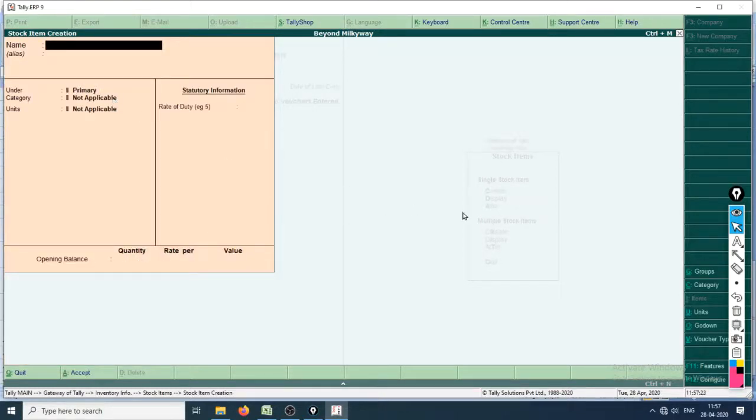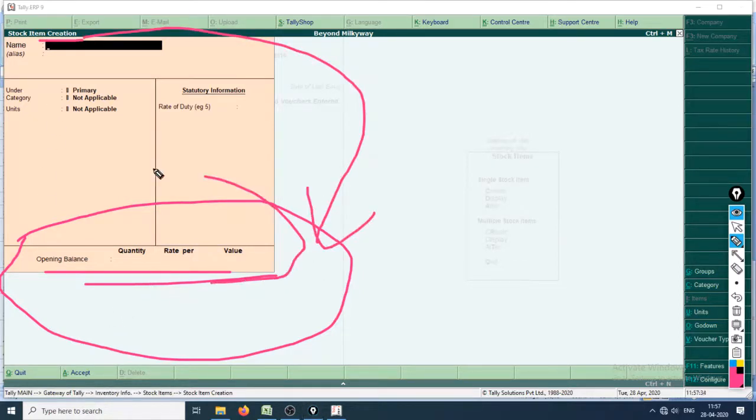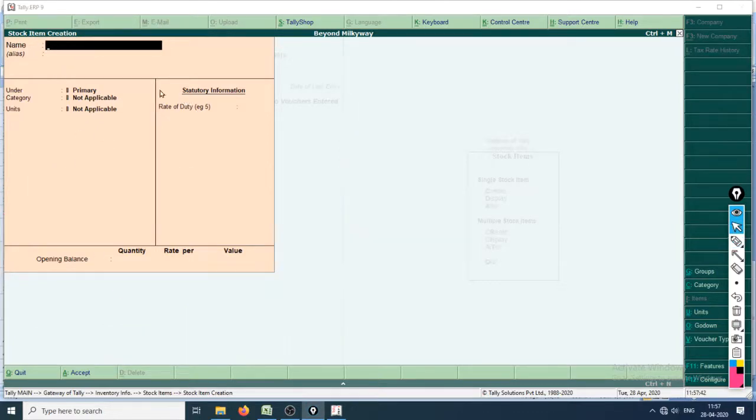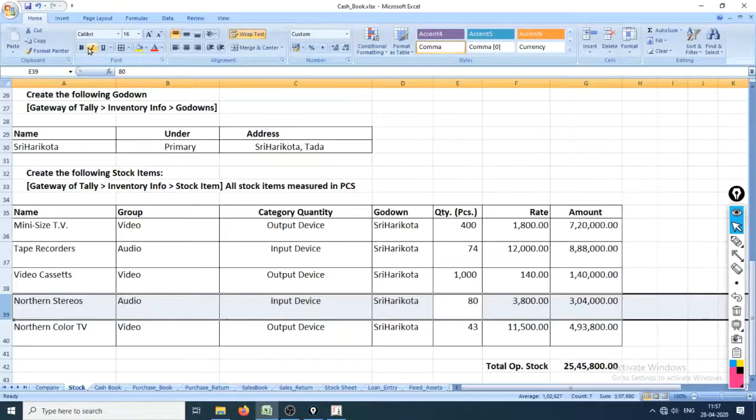So as you can see right here, when we create a ledger, it asks for opening balance, and when we create a stock item, it will also ask us for opening balance. If some item is purchased for the first time, you don't have to put anything right here. You just need to create a stock item. Northern Stereos was created. Now Northern Color TV. This one right here, right? Northern Color TVs.